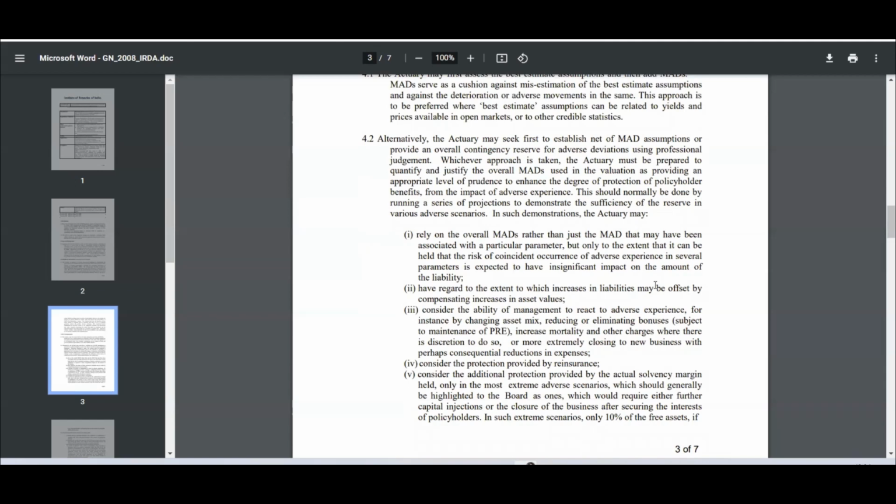Then the actuary has to allow for that, right? Otherwise this assumption or consideration would not be valid. The actuary should also consider how the increase in liability is offset by the increase in asset. Now, this would happen in the Indian scenario where the valuation of liability is happening. This is an India specific point, because in India the asset and liabilities are not delinked, which we will see